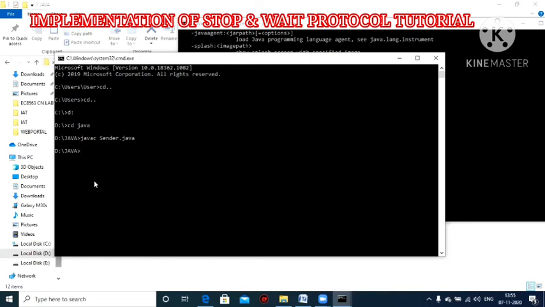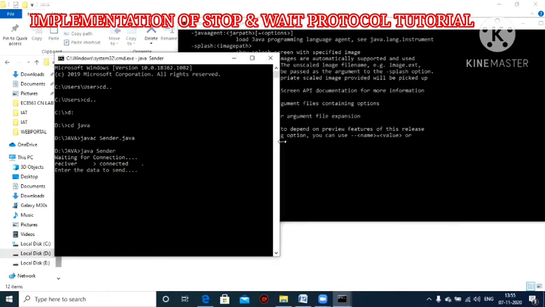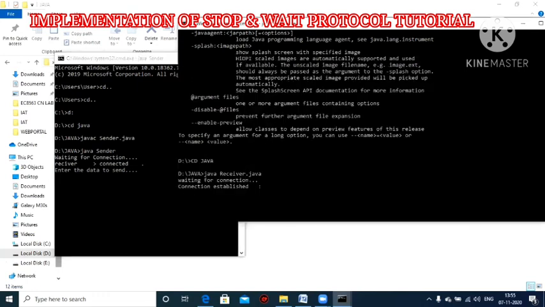Now I want to show the output display. So now java space Sender. Okay, waiting for connection. I just show these two windows at a time.